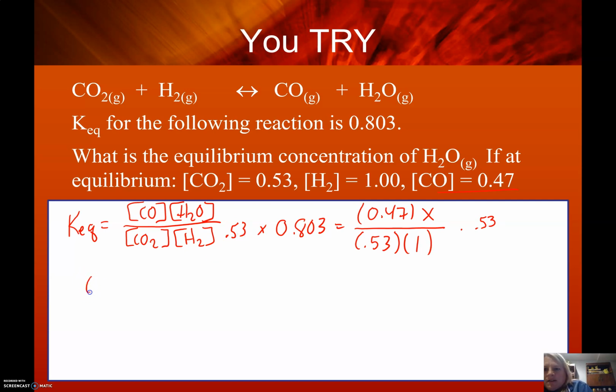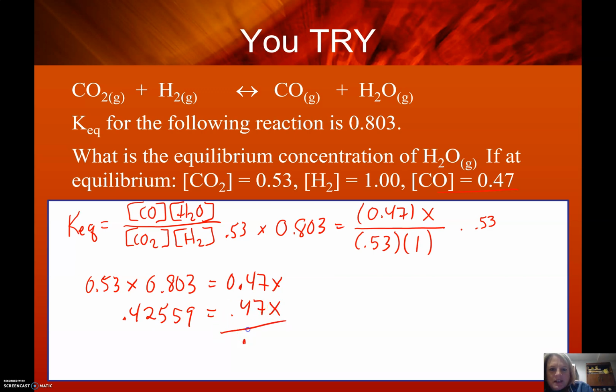And so I'm going to have 0.53 times 0.803 is equal to 0.47x. So if I multiply 0.53 times 0.803, I get 0.42559. So that's equal to 0.47x. Divide both sides by 0.47. And that's going to give us a concentration of water that is